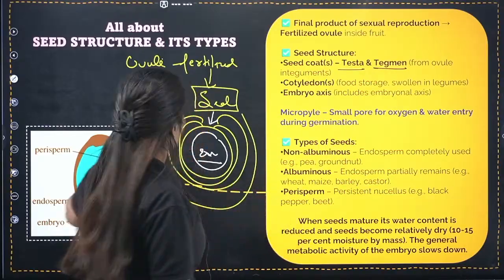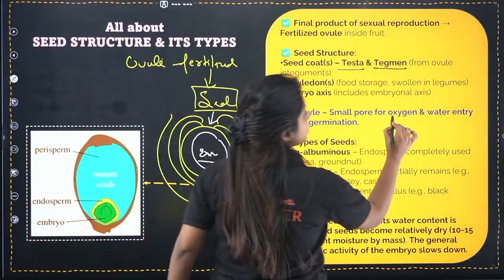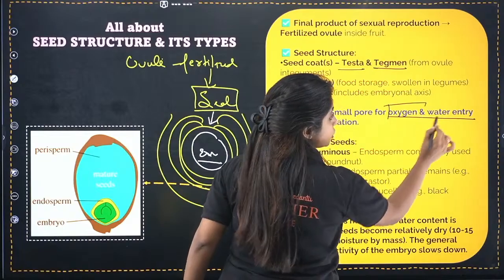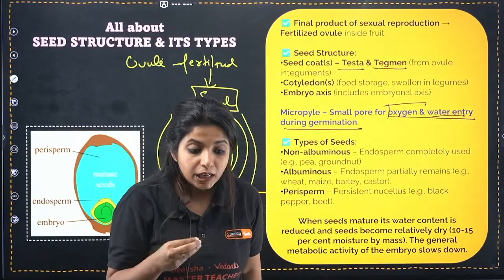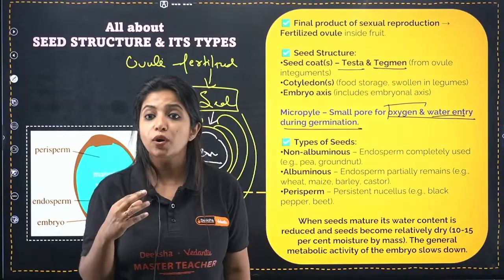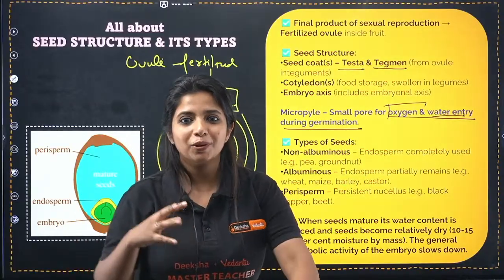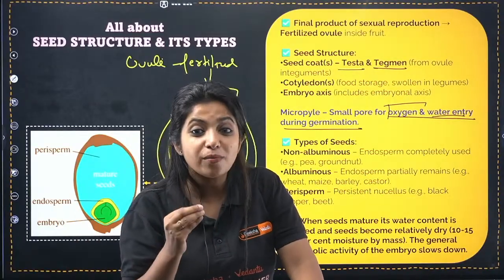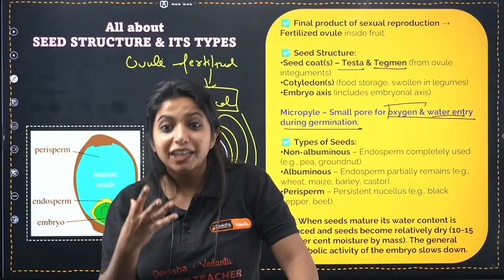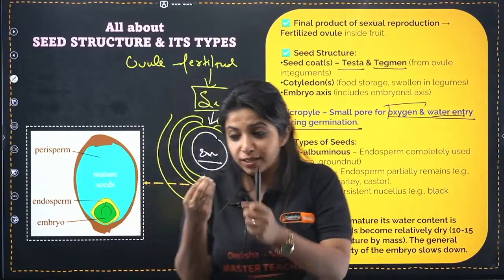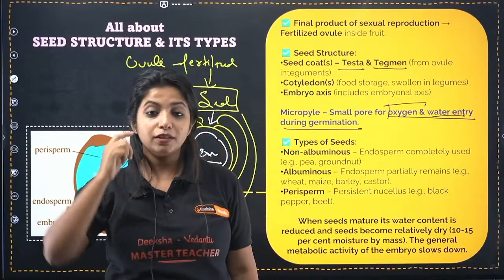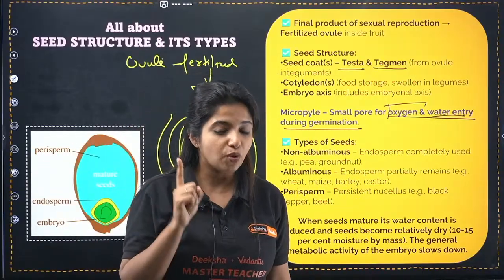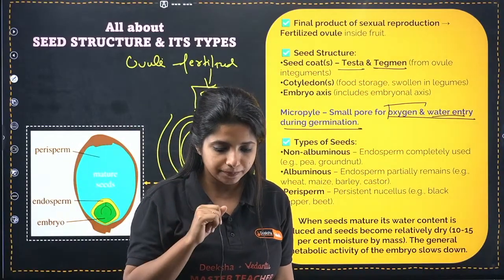And why is it very important? Why is the micropylar pore important? Because this is how oxygen as well as water is transferred. And you need water for what? You need water for germination to happen. When water is there, certain hormones in the seed become active and help in germination, as in the embryo will now grow into a plant out there. So please remember the use of the micropyle. This was also a very, very important question.